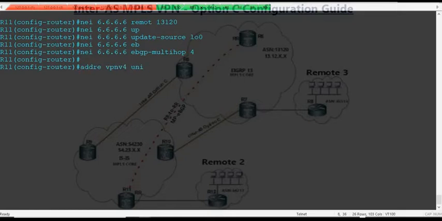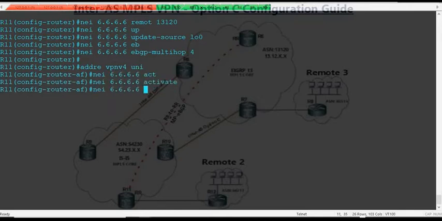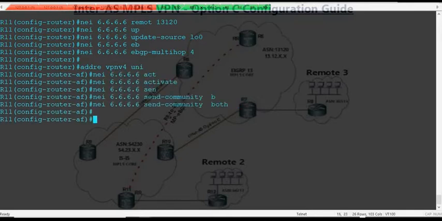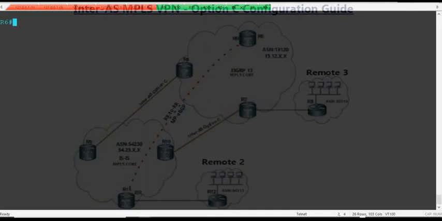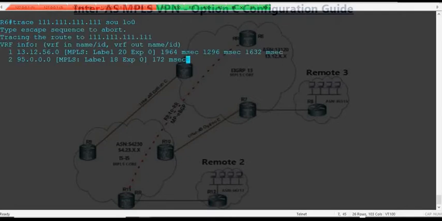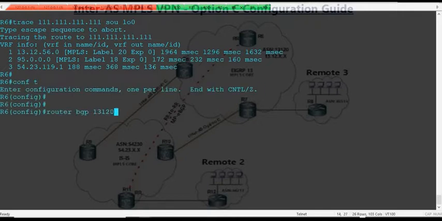You activate the VPN address family, which is actually the MP-BGP, and this is where it matters because you will be using the route reflector to exchange MP-BGP prefixes, that is labeled prefixes, and that's why you have to do that. Then the reverse also, which is the mirror configuration on the remote side, is the same approach. You specify your update source to be loopback and also specify your eBGP multi-hop as well to be 4 in